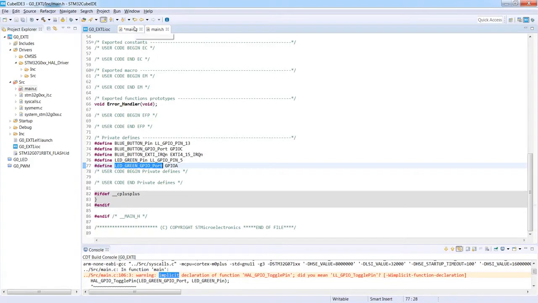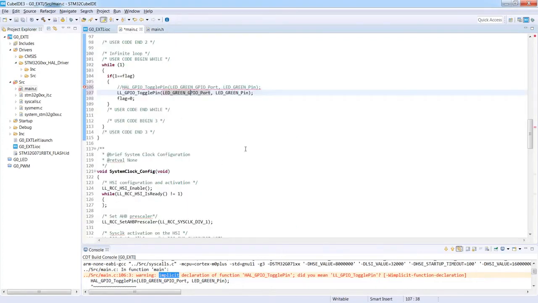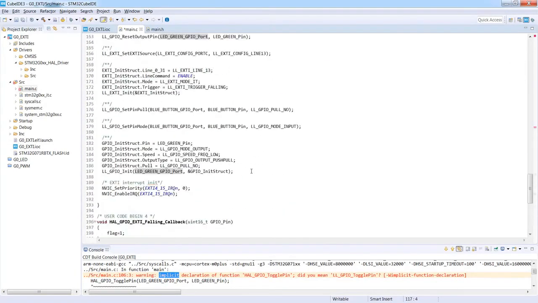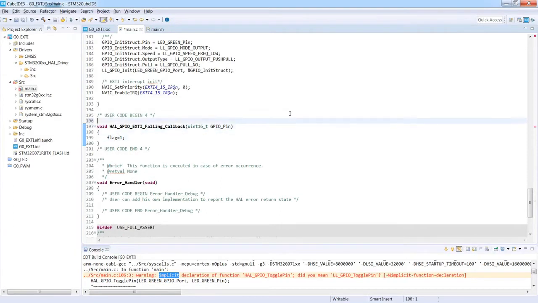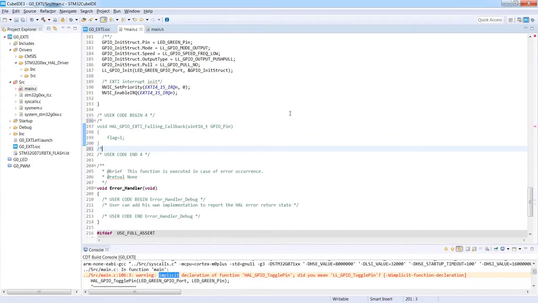So the application during the code generation is handling all of the definitions which have been developed by us during the device configuration. Okay, so we have the main while(1) loop ready. Next point would be implementation of the interrupt procedure. In the HAL version, we were using this callback, which would not be used anymore. So I would comment it out because the structure of the interrupts handling is a bit different here.